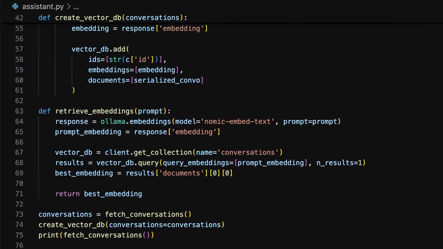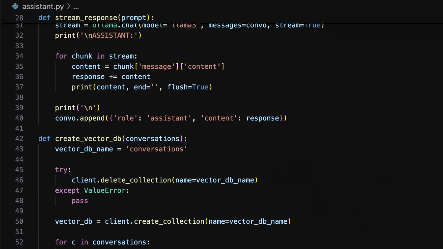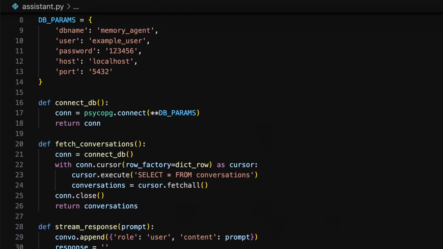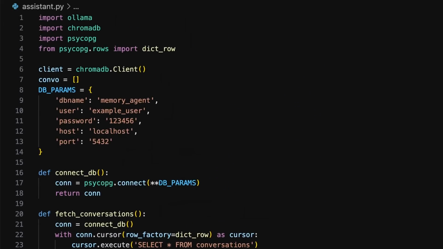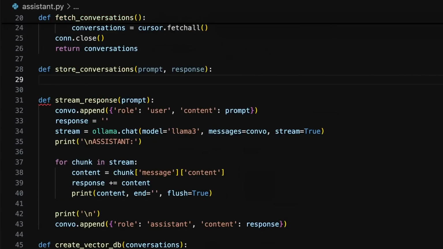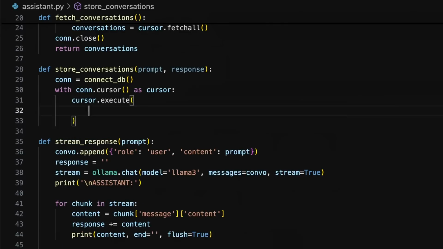Now that our program can retrieve from the SQL database, let's set up the program to store the prompt responses with our assistant in our new SQL database after each response is generated. Define store conversation that takes prompt and response as input parameters. First, connect to your Postgres database, and then with the connection's cursor function as cursor, execute an insert command